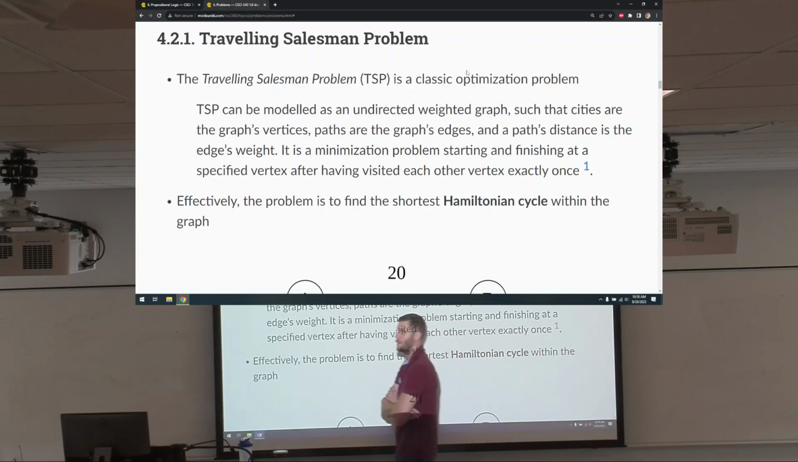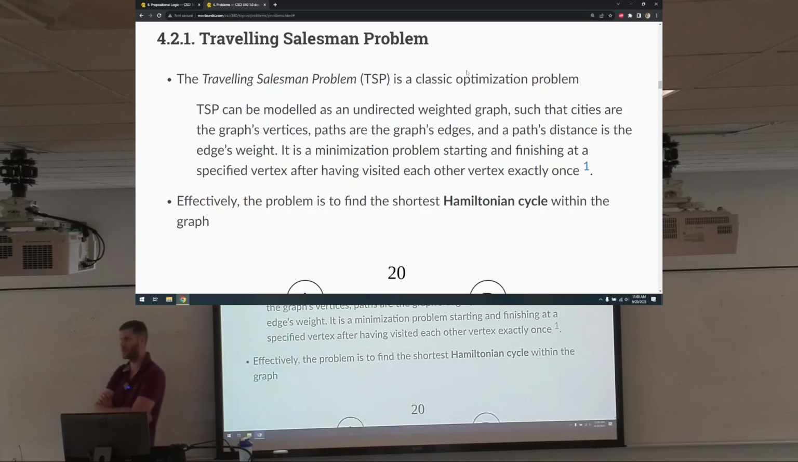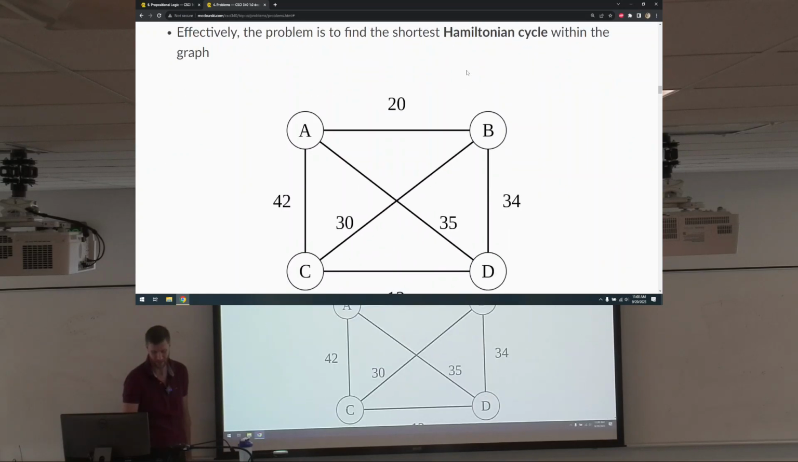TSP can be modeled as an undirected weighted graph such that the cities of the graph are the graph's vertices, paths are the graph's edges, and the path's distance is the edge's weight. It is a minimization problem starting and finishing at a specific vertex after having visited each other vertex exactly once. Blah. Raise your hand if you're not 100% familiar with TSP. Okay, I'll explain. Basically, it is given some graph,